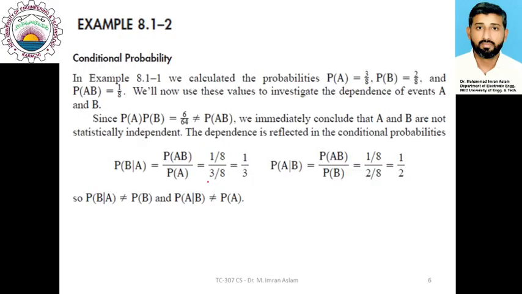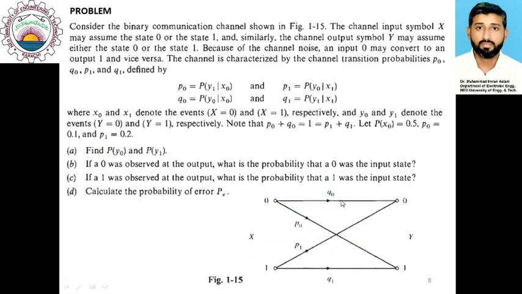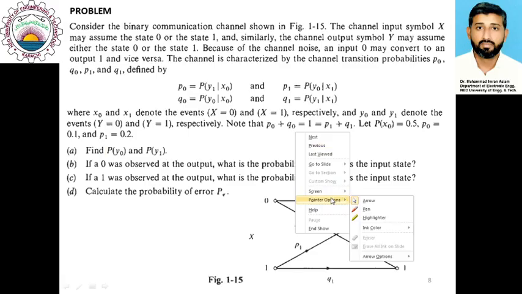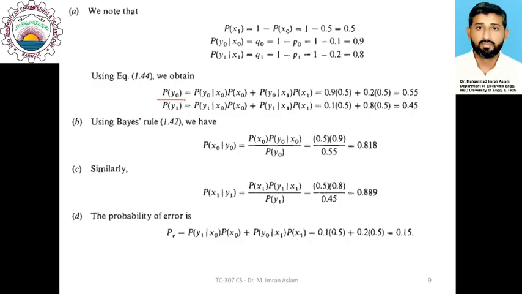So let me try to calculate here the probability of y0. It actually occurs with two possibilities: when you transmitted 0 and received 0, and the other possibility is that you transmitted 1, x was 1, but you